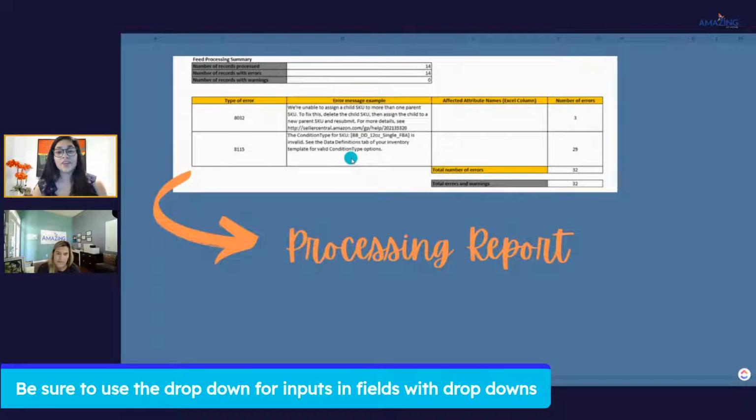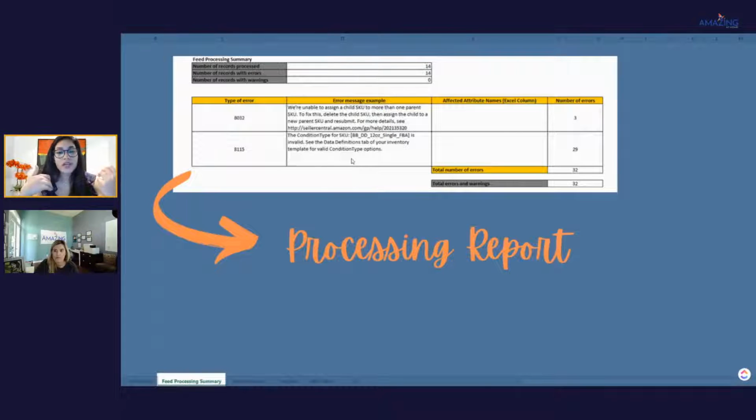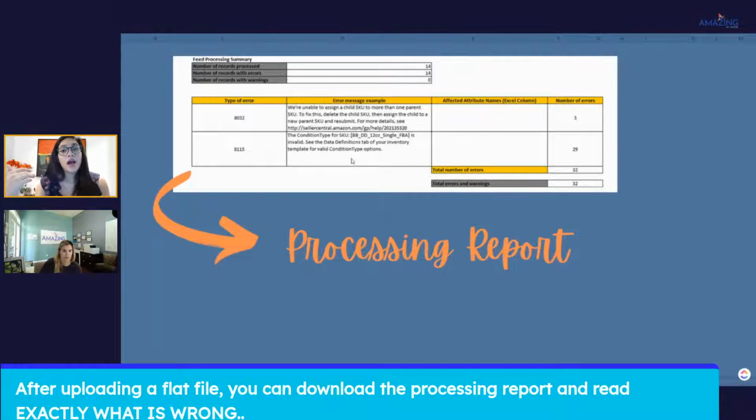This for me is the biggest benefit, or why I love flat files, because of this. Why? When we start working with our catalog, making changes or updating or trying to solve problems, 90% of the time in Seller Central we don't find what the error is. And by default, the seller gets annoyed and opens a case with seller support to ask them. And what seller support does to find the issue or solve the problem